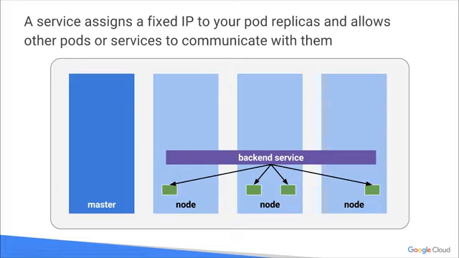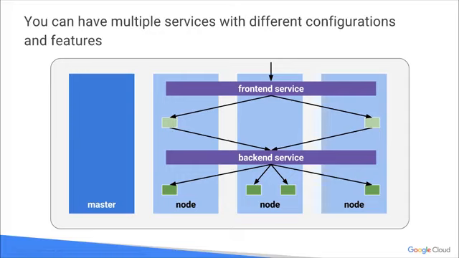Okay, number one, the cluster has an internal IP, and the port nodes also have awareness of and access to that IP. It also uses a load balancer to balance the traffic that comes into the nodes themselves. You could have multiple services with different configurations and features running. Usually, the front end is either a web server, an application server, some kind of server. Backends are usually the nodes and maybe a database server.